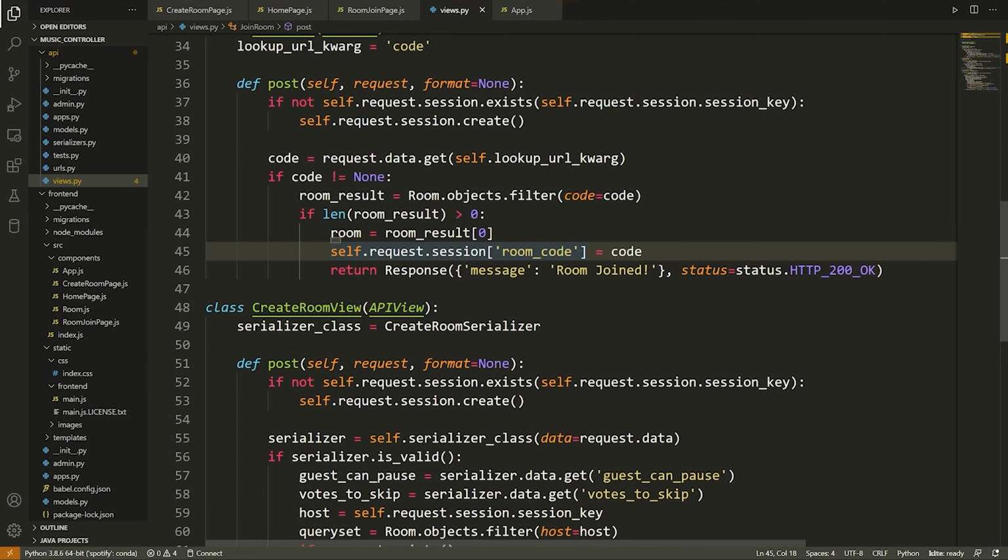This will just be stored in this user's session, just like this user has a session key, which we've looked at previously. So this is a way that you can store your own information in the user session. I'll show us later how we can get the information from the user session, how we can delete it and all of that, but it's nothing super complicated. Whenever you want to store information, it's self.request.session, whatever you want to call it, and then the information you want to store. But anyways, that's what we need for right now.